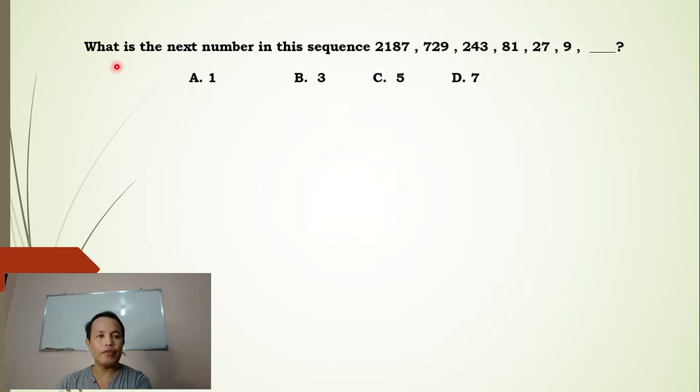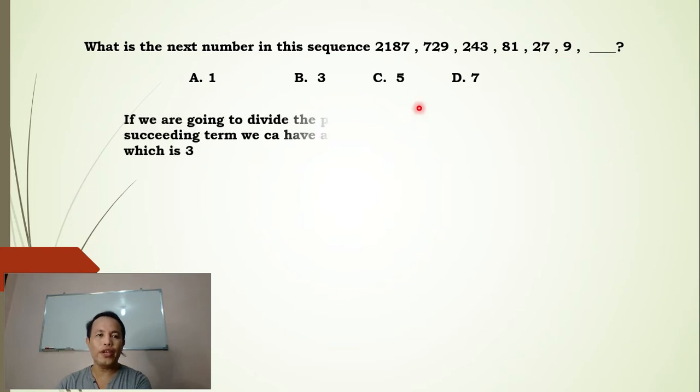Next problem. What is the next number in this sequence? 2,187, 729, 243, 81, 27, 9, and blank. Letter A, 1. Letter B, 3. Letter C, 5. Letter D, 7. As you have observed in the numbers, we have to take note that these numbers are decreasing, from 2,187 to 9. So if we are going to divide the preceding term by the succeeding term, we can have a constant number